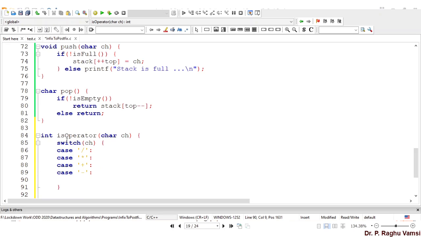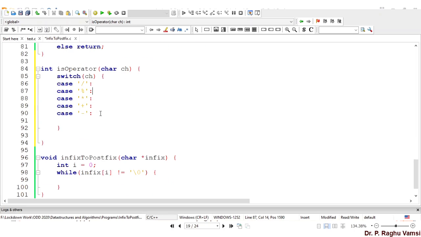In addition to this, we may also add the modulo operator, case modulo. Like that we can also add some other power operations, etc. Return 1.